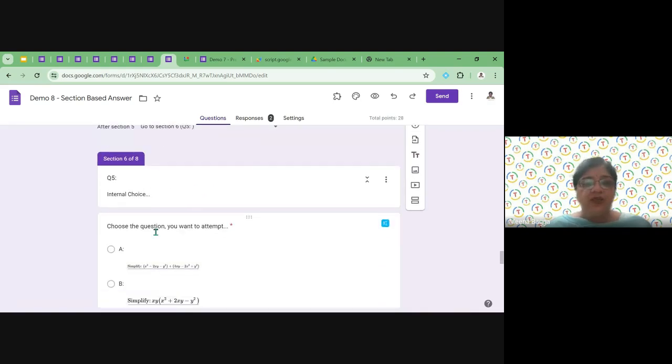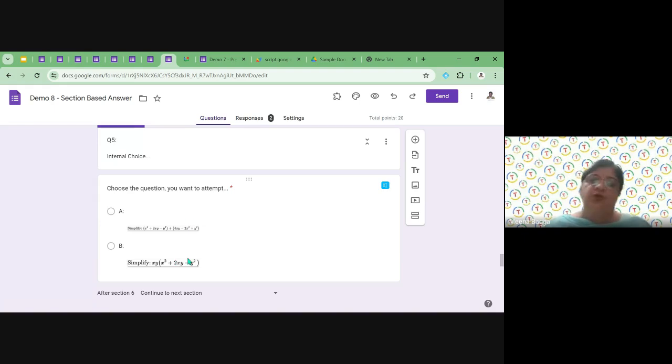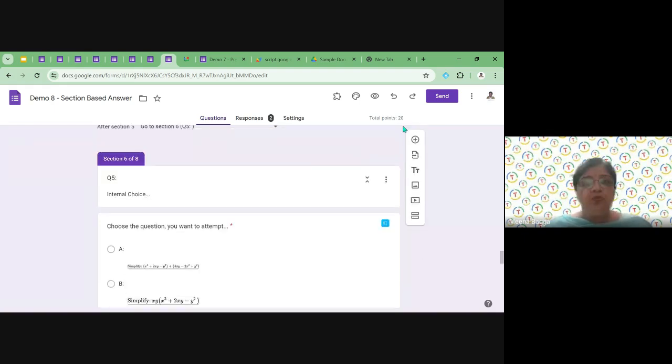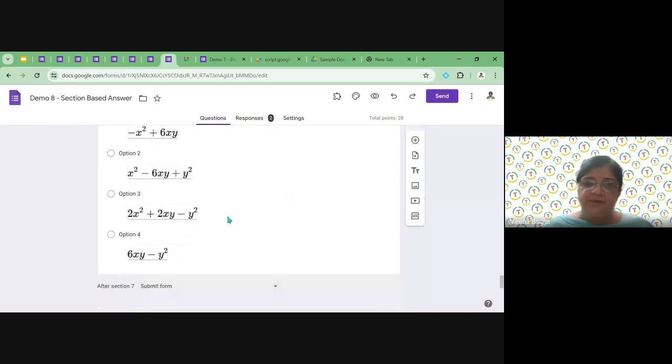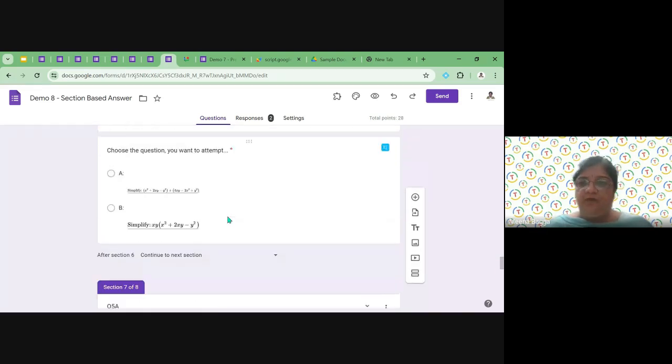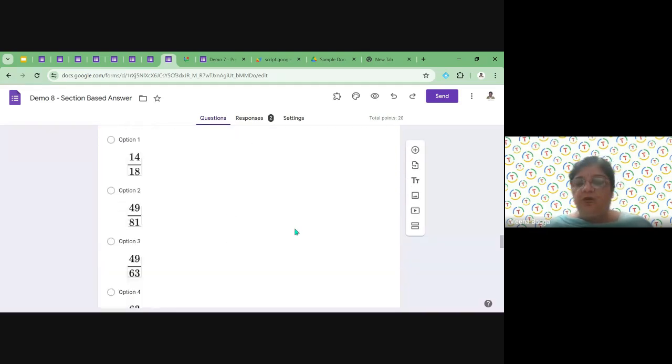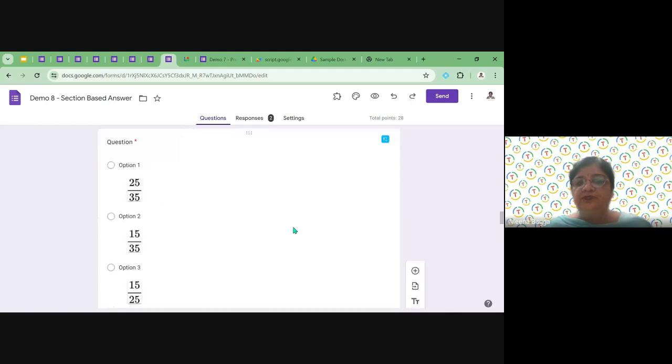Again in question 5 I have given the same choice. In this way, though the total marks will be 28, for question 5 they will see 20 marks and the choices are eliminated. A very useful feature of Google Forms, section based.